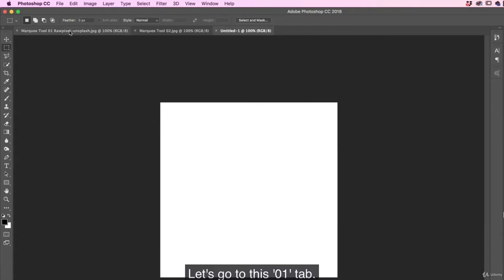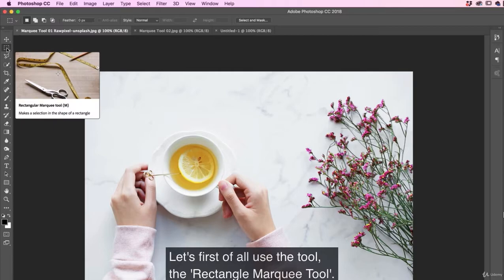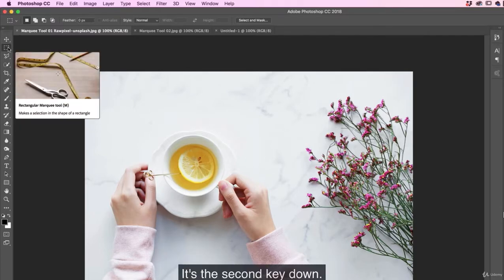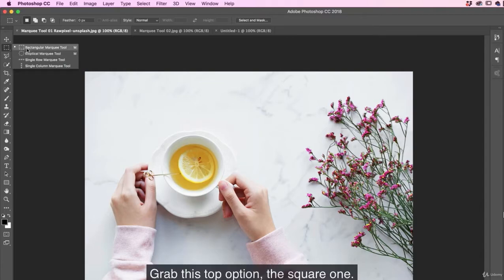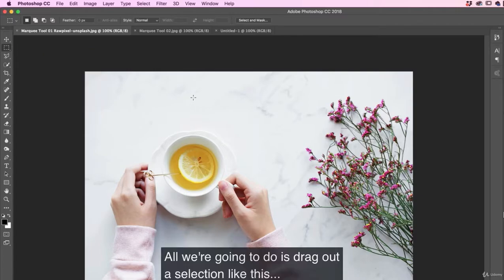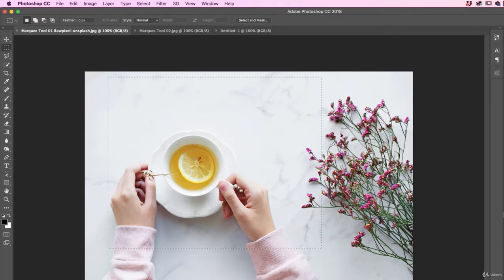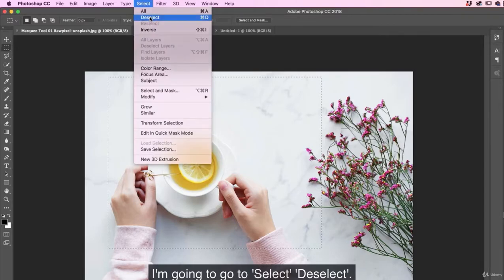So let's go to this 01 tab, and let's first of all use the rectangle marquee tool. It's the second key down. If you can't see it, you might have to click and hold, and grab this top option, the square one. And all we're going to do is drag out a selection like this, and copy and paste it. But because it's going to be square for Instagram, I'm going to go to Select, Deselect, and